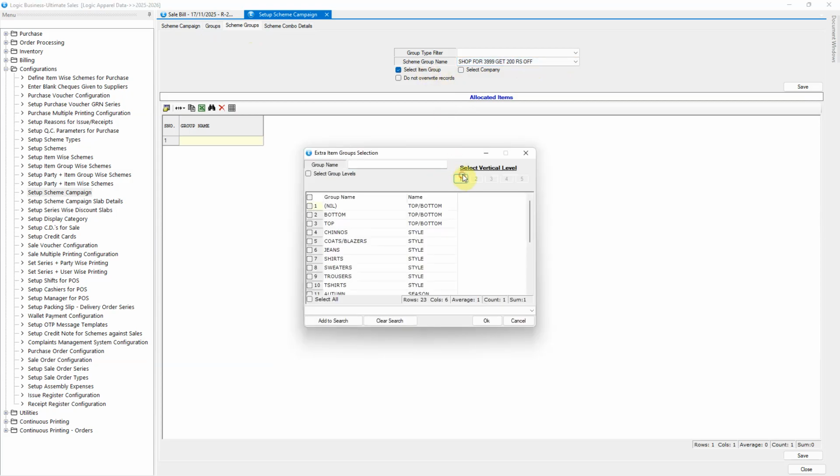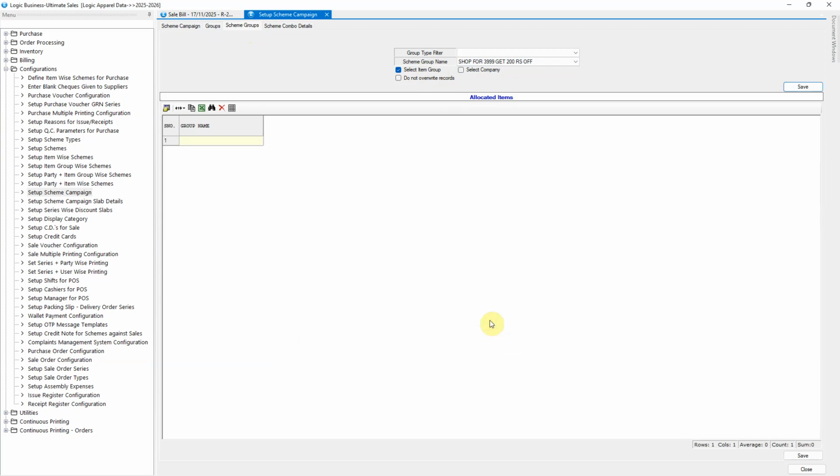Then, using the Select Item Group option, choose the group or category to which you want this scheme to be applied. Lastly, click on Save button. The selected item group will be displayed in the grid, which indicates that the scheme has been successfully set up